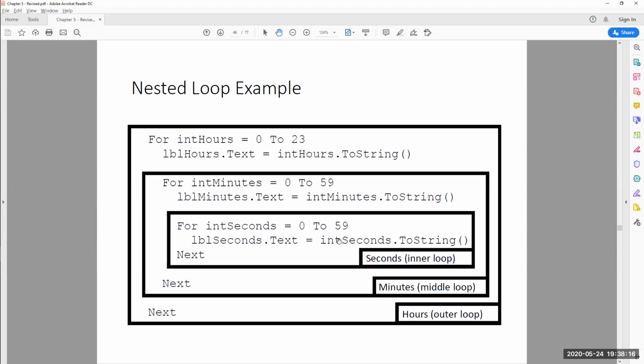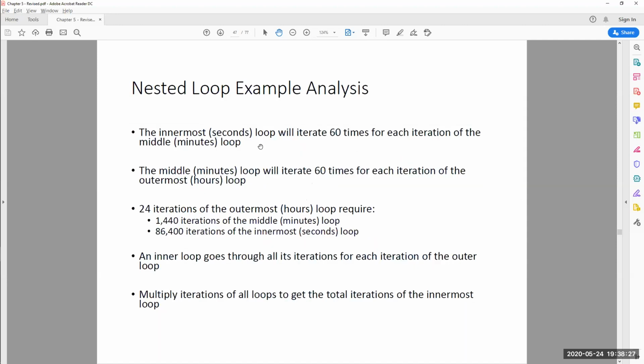This will tell you how many times the second ticks in one day. It's going to be 24 times 60 times 60, the product of the loops. So the innermost loop will iterate 60 times for each minute, right? Each minute is 60 seconds. The middle loop will iterate 60 times for each hour because there are 60 minutes to an hour. Now 24 iterations of the outermost loop will give